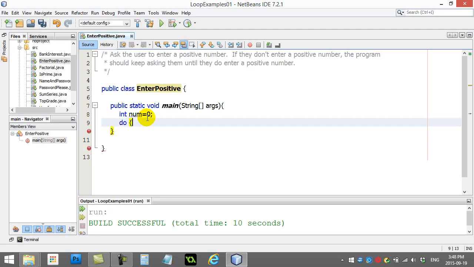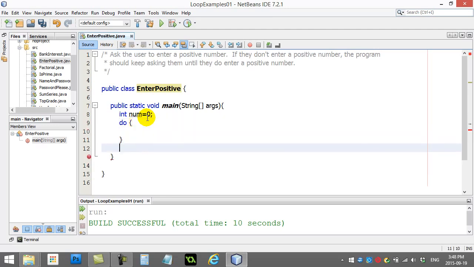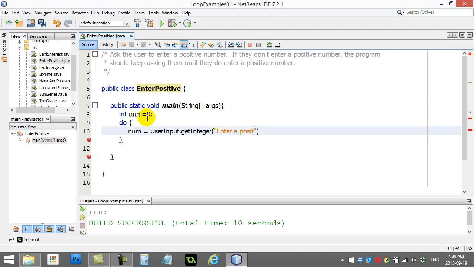I'm going to use a do loop because the do loop, you guys know, will do the code at least once, right? It says do this and possibly repeat. So what I want them to do, I want them to enter an integer. So enter a positive number. And they're going to enter the number. Now I have to decide whether I make them enter again or not. Now you have to remember this is going to be the while statement,